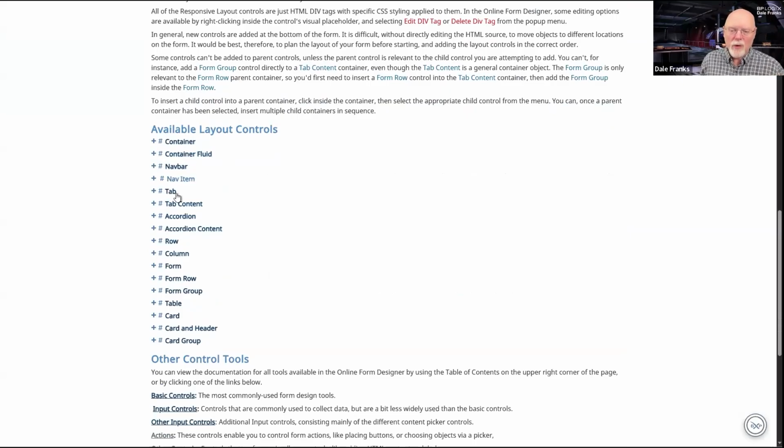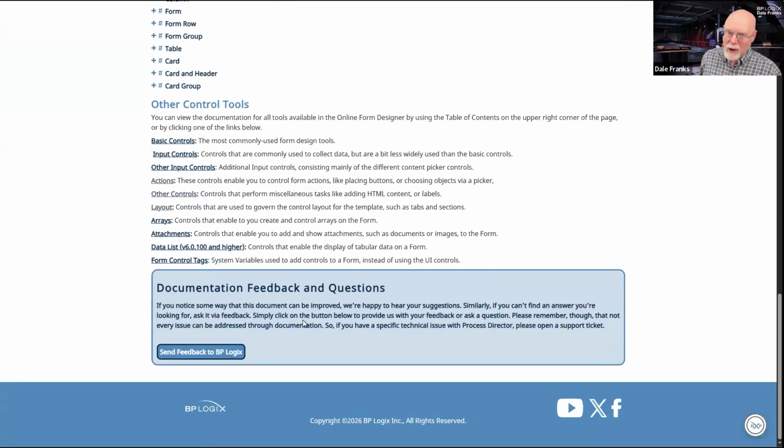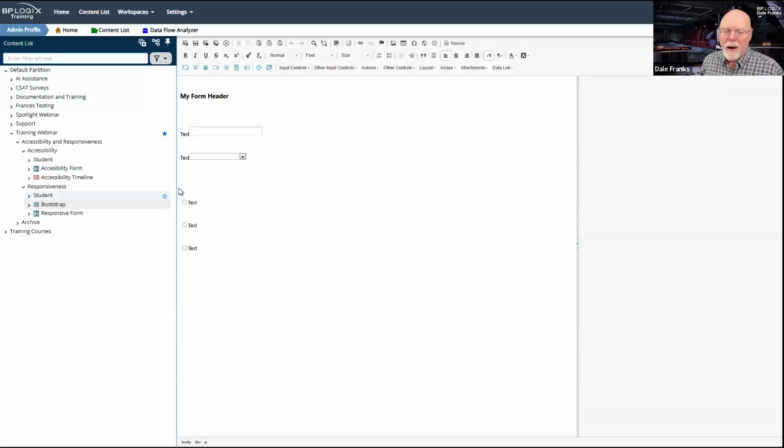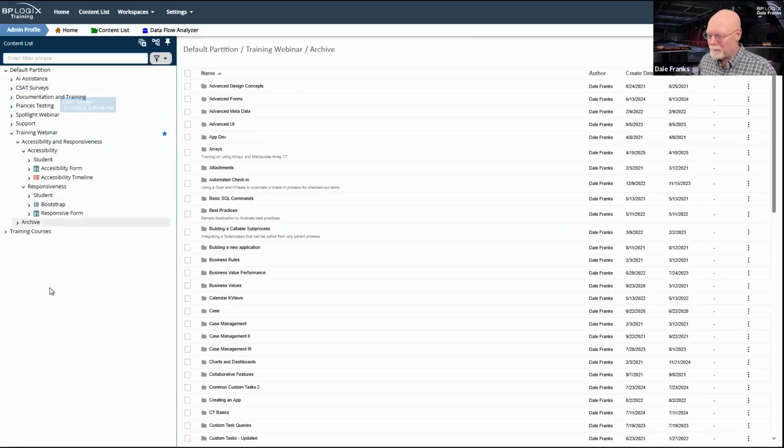There are actually some new controls. We just added nav item to the nav bar type control. So you can do some cool stuff with Bootstrap. It is a bit of a pain to use. But because I have it turned off, I can't even demo it to you because I don't have Bootstrap enabled on my system. So normally this would be a very colorful page showing you all of the different Bootstrap things. It's not showing you that because I have not included Bootstrap on my system, for which I apologize. I probably should have checked on that, but I didn't.